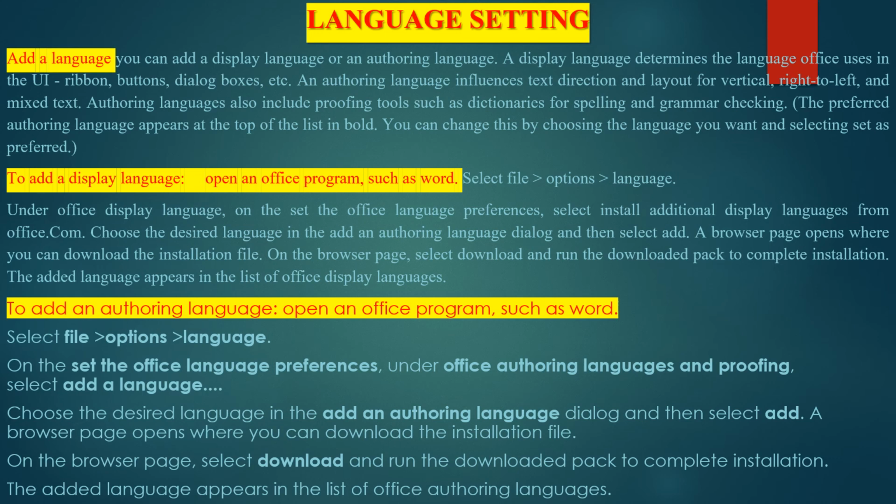A browser page opens where you can download the installation file. On the browser page, select Download and run the download pack to complete installation. The added language appears in the list of Office authoring languages.